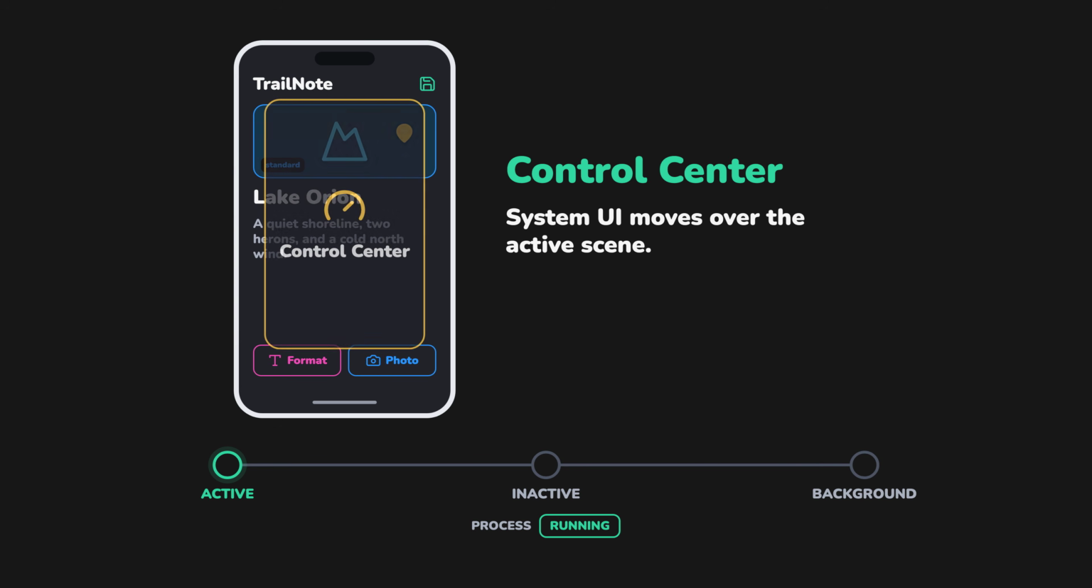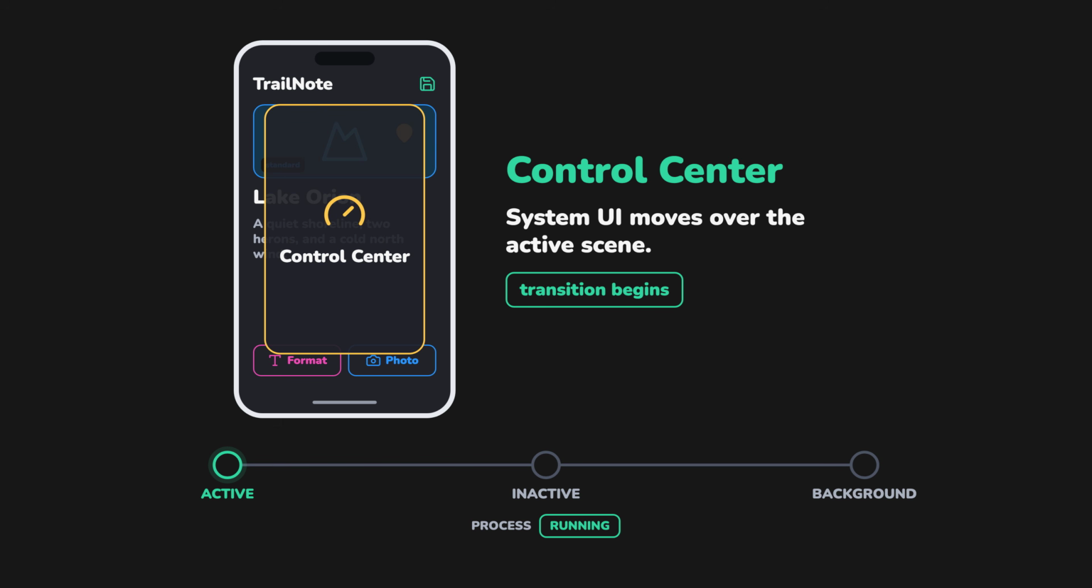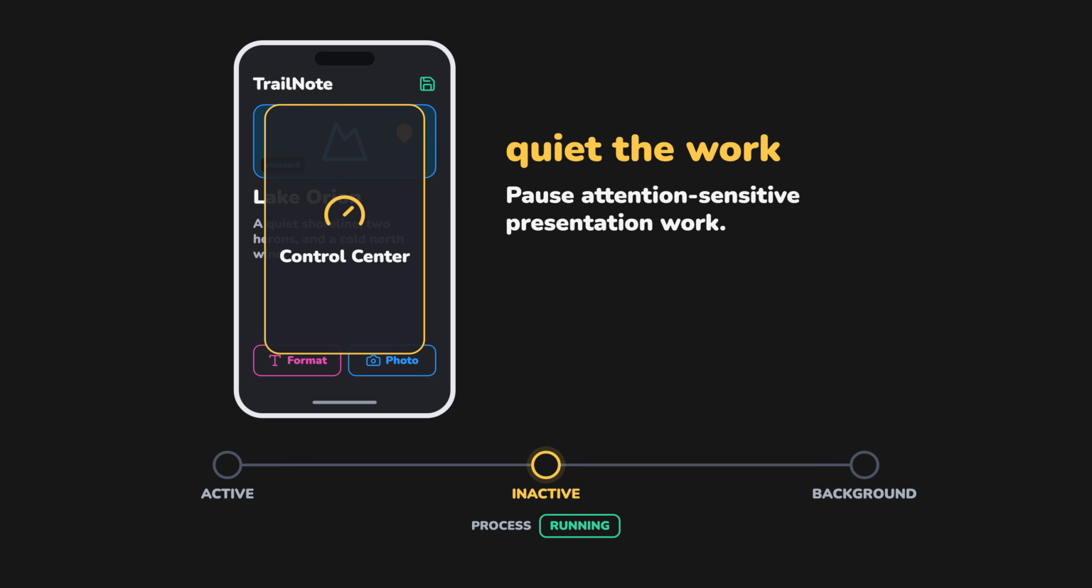Now imagine that the user pulls down the control center while editing the note. TrailNote is still visible behind the system interface, but it is no longer receiving normal interaction. Its scene becomes inactive. And inactive does not mean hidden, destroyed, or saved. It means the scene remains in the foreground, but should temporarily quiet its work. The app can pause its camera preview, stop an attention-sensitive animation, and avoid assuming that every tap or keyboard event belongs to it. This phase is often brief, so it is a transition to handle, not a piece of large